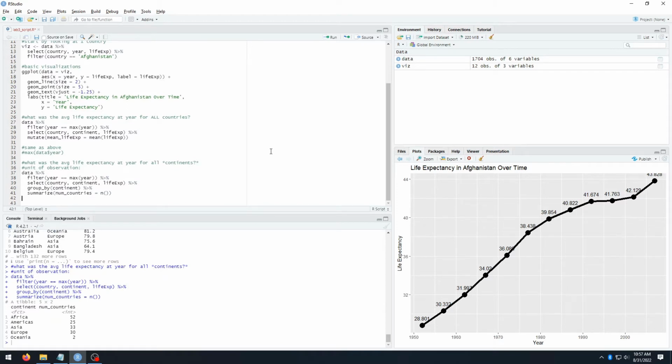Okay. That's pretty useful, right? It's a different type of summary. We're not quite there yet with the life expectancy, right? But we're building to it. We're getting to that. But first I have the number of countries in each